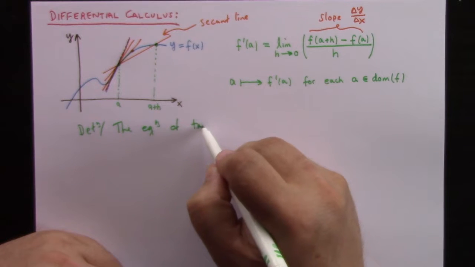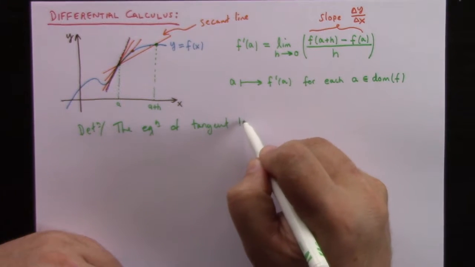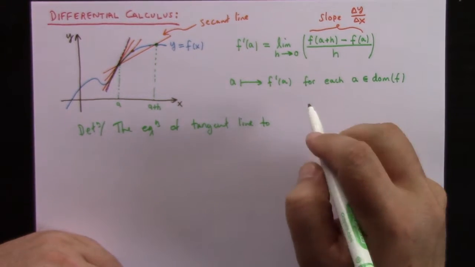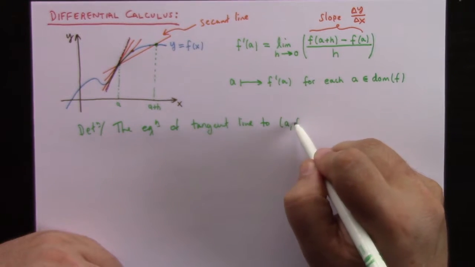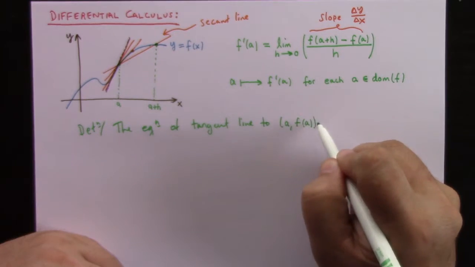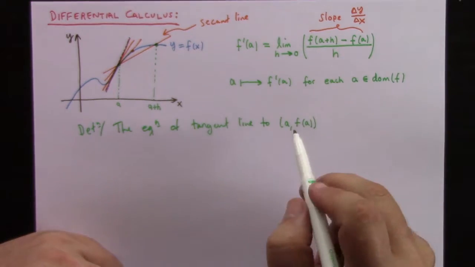Anyway, the basic thing we must know: the definition, and the equation of the tangent line, if it exists, all right? I mean, there are different ways to say it. I could say at the point A comma f of A. Sometimes I would say find the tangent line at x equals A, however you want to think of it, but